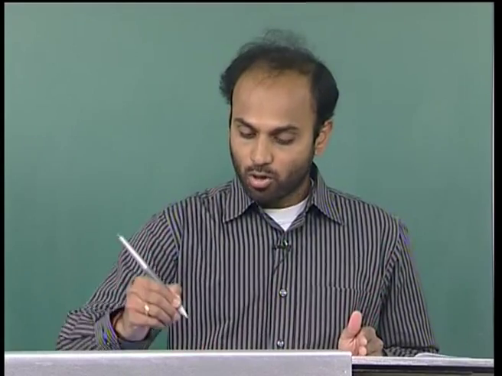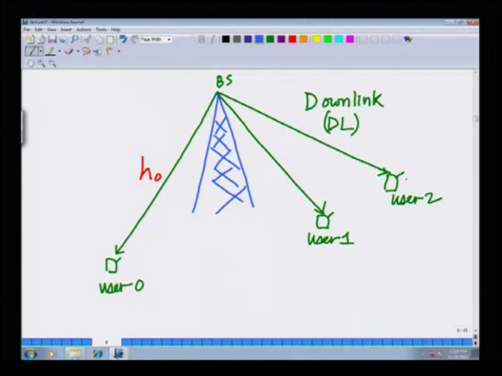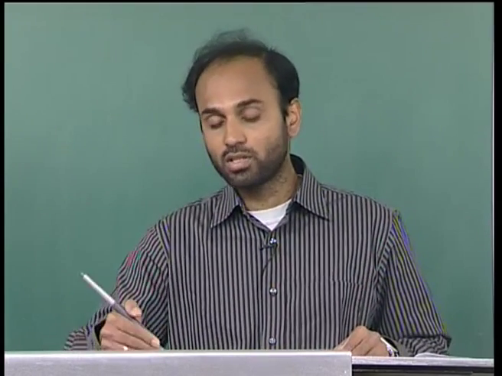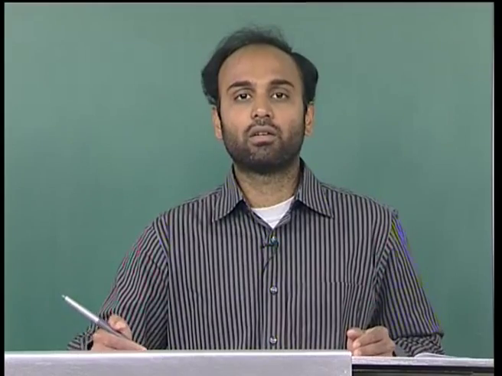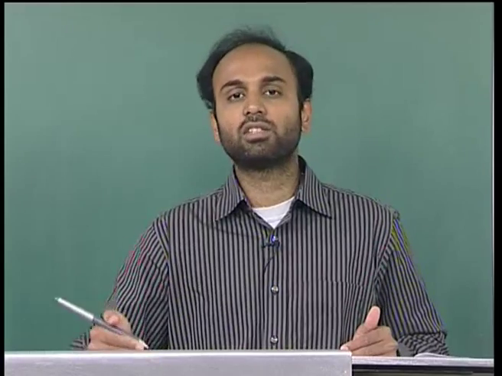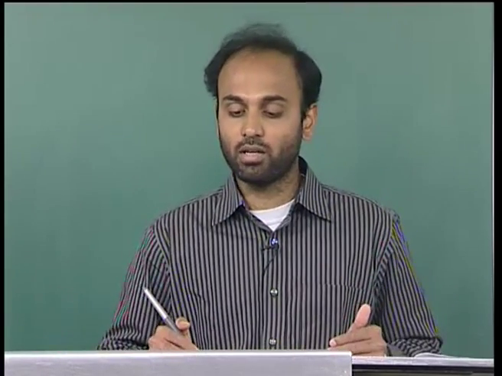Remember, let me just point out where we started from. We started from this scenario here, where there is a base station. The base station is multiplying the signal corresponding to each user, S0 with code 0, S1 with code 1, and so on and so forth, Sk with code k, combining this and transmitting that aggregate signal on the downlink, and then we started looking at how do you process the received signal at user 0, who is the desired user 0. No particular favor to user 0, it is just that as an example we considered user 0 as the desired user, and we can similarly repeat it at each other user, the expression is going to be symmetrical. And finally,